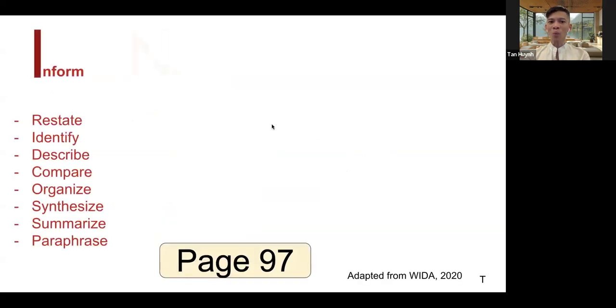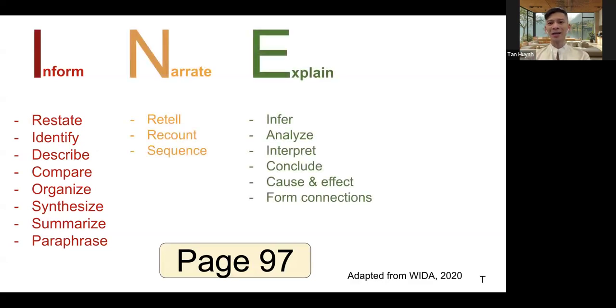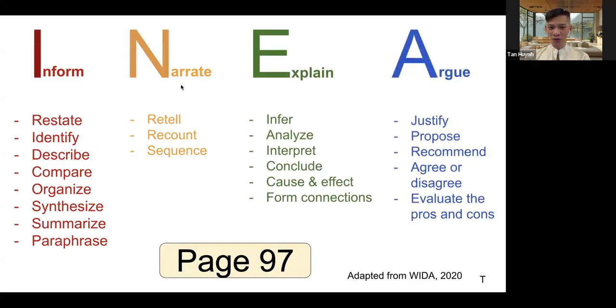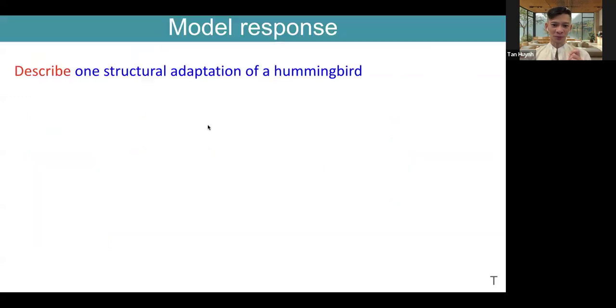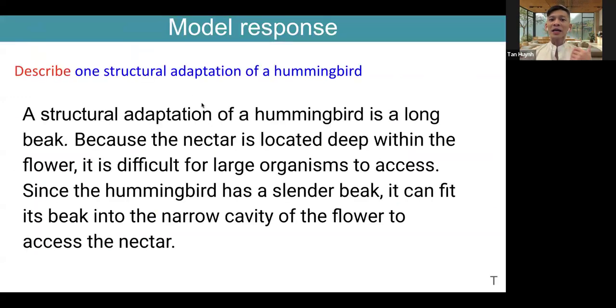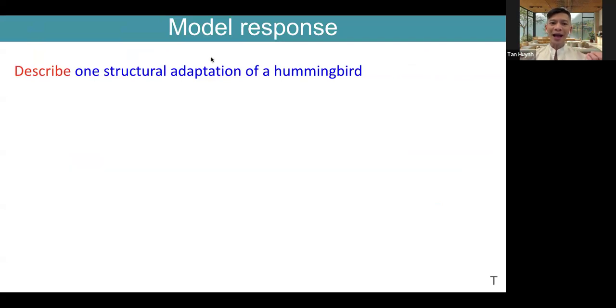Perfect. Here are some more on page 97. These come from WIDA. It's these big sections called INEA. It's inform, narrate, explain, and argue. You can take a screenshot if you need. These are all the small other words that branch out from the big one, like inform, narrate, explain, and argue. Okay. Here, what we do is once we have our clear exit ticket for that day, we then produce